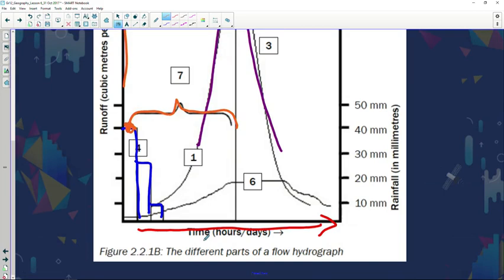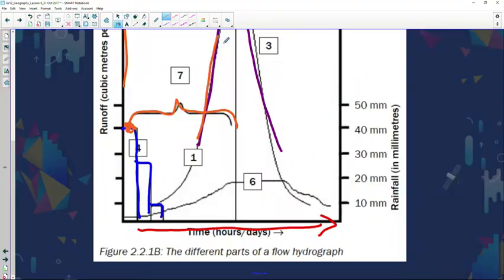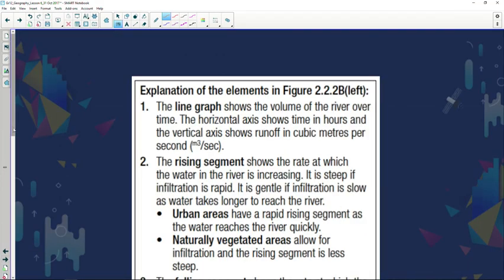So when is the discharge going to be at its highest? Obviously with the most precipitation. And then when is the discharge going to be highest? Obviously when the line graph goes up, when the water can't infiltrate. Now if you continue looking at it,